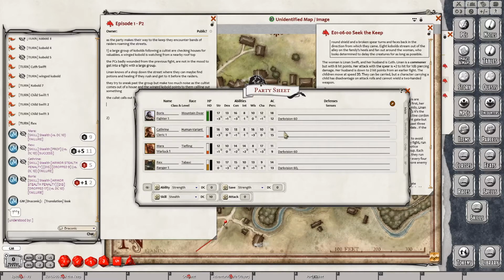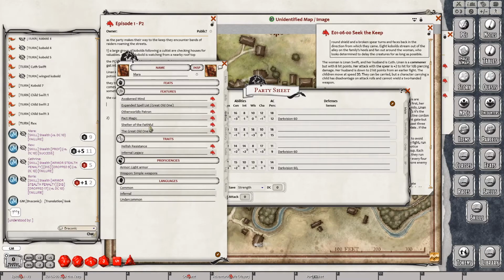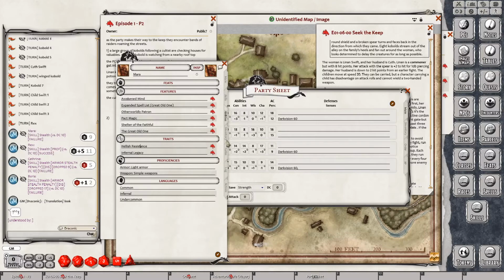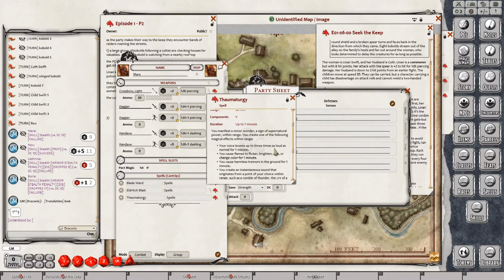Who is good in our party for some charisma? Oh, our warlock. Yeah, our warlock is going to use some... She has some skills, right? Some traits. One, she's resistant to fire because she's a tiefling. And she has thaumaturgy. So she can cause fire to appear and tremors and sounds and